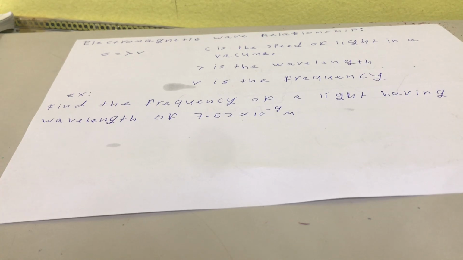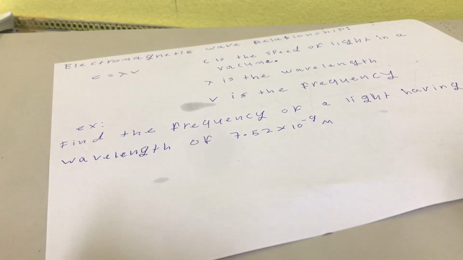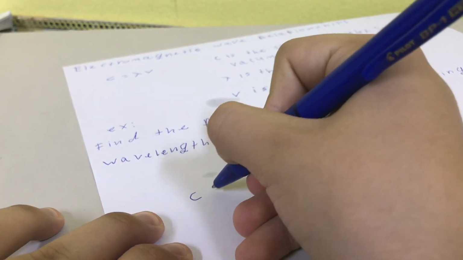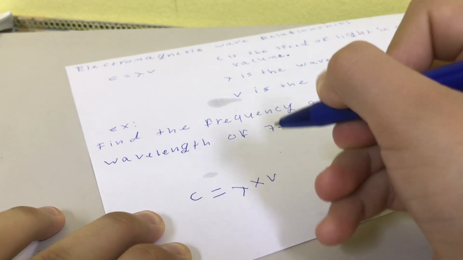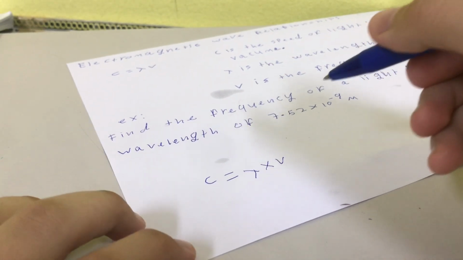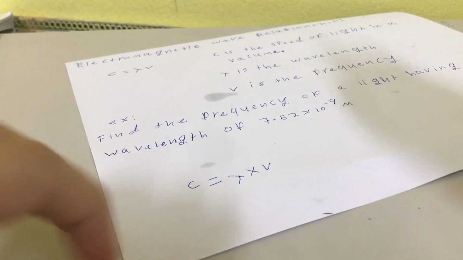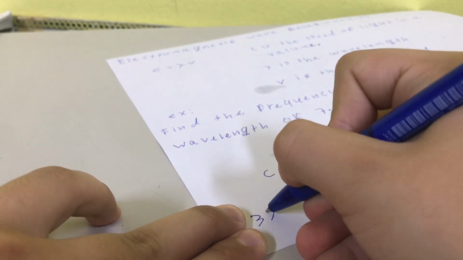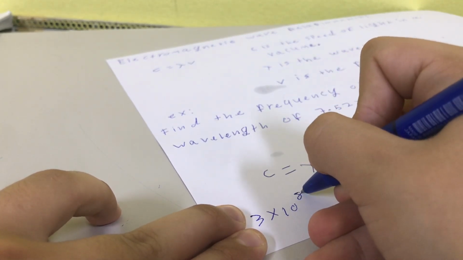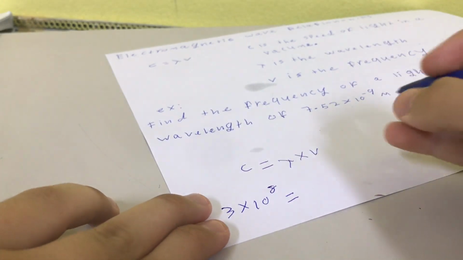So, example, find the frequency of a light having a wavelength of 7.52 multiplied by 10 raised to the negative 9 meters. So here we have a relation between frequency and wavelength. So we use the formula C equals lambda times frequency. Now the speed of light in vacuum, here we don't know it, but you need to memorize this number. C is 3 multiplied by 10 raised to the 8th power